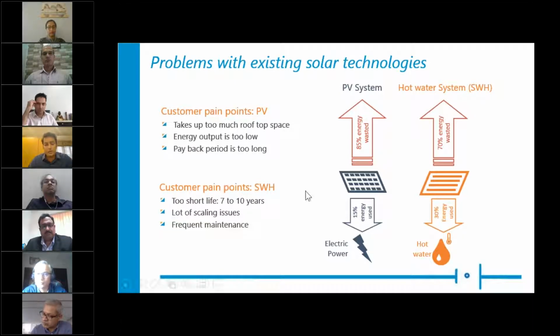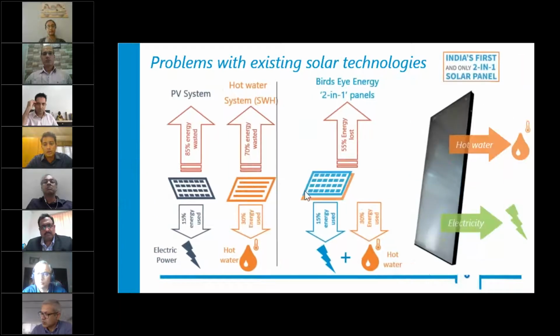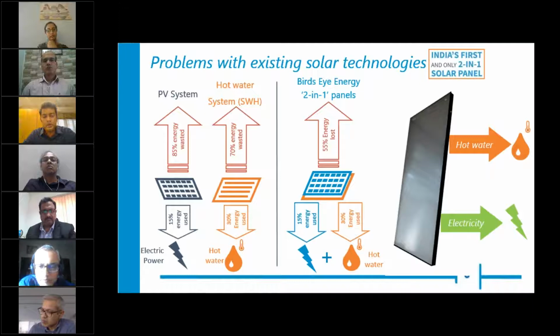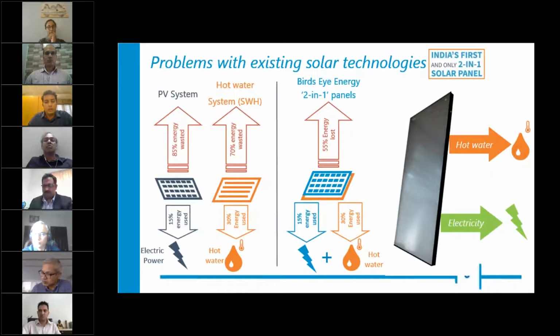So that is how we developed India's first two-in-one solar panels. Two-in-one is more like a marketing name. The more technical name is PVT. So PV stands for photovoltaic and T for thermal. So our panel is actually made out of 2 layers. The top layer, as you can see here, is similar to a PV layer that absorbs the sun's energy and generates electricity. And in our panel, we have an extra heat exchanger layer at the bottom, and that is our patented design.